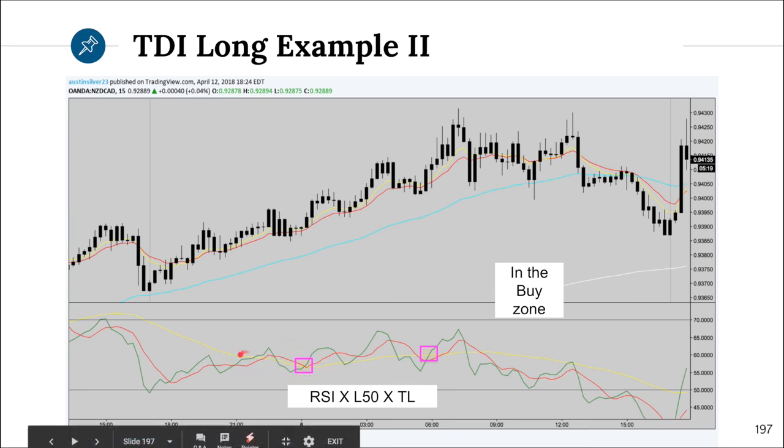This is during Asia, so this is probably around 10 p.m. Eastern time. After that point, from midnight on, the liquid 50 hits a value of about 58, it looks like, somewhere over here, 57, 58, and continues to actually rise closer to 60, telling me that the uptrend is going to continue. So when we get the RSI above the trend line, you see it's above the trend line, crossing